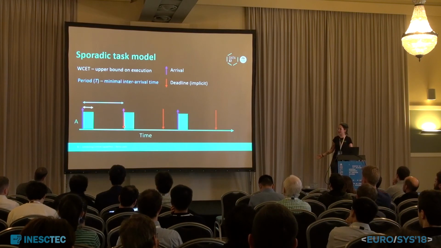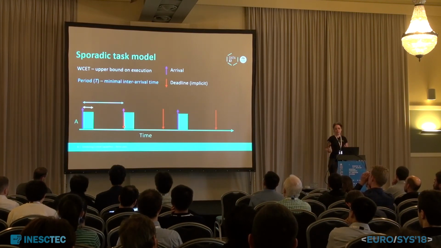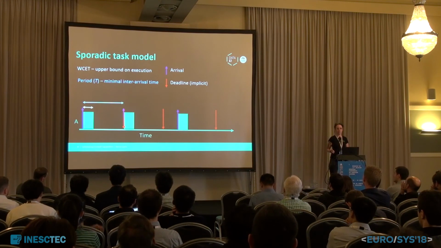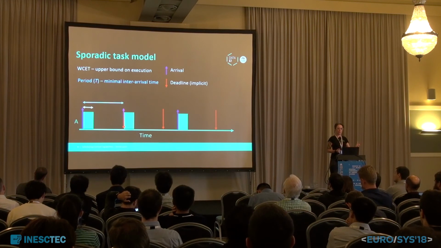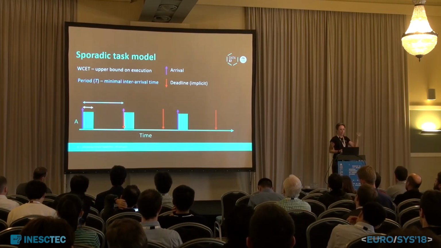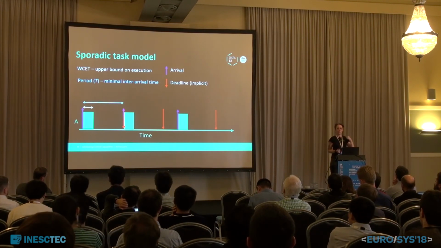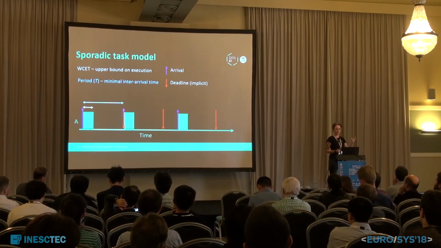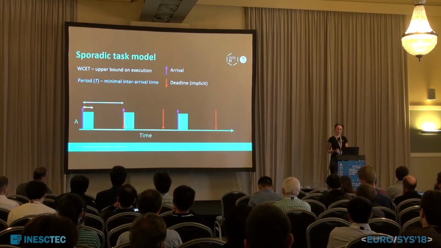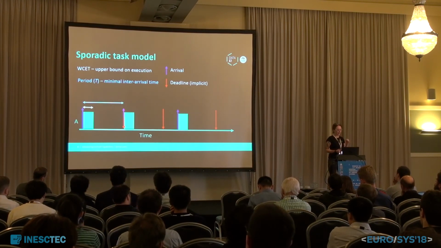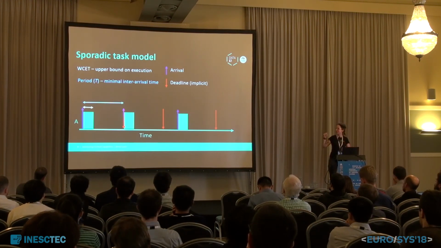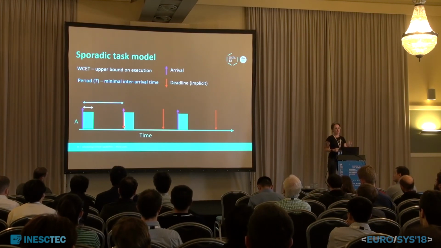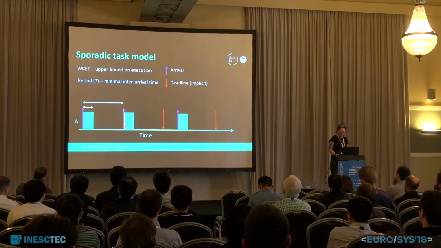Now let me introduce you to some background from the real-time community. The sporadic task model is a popular way to model tasks to make sure that they meet all of their deadlines, which means that they are correct. If they don't meet their deadlines, people are going to die. So tasks, like a thread, are modeled as an infinite series of jobs. They wake up at a certain time, like an interrupt comes in. They execute for a defined worst case execution time, and they reoccur every period. They arrive at the purple up arrows, and when the red down arrows come, if they haven't executed by that time, we're in a bad place.